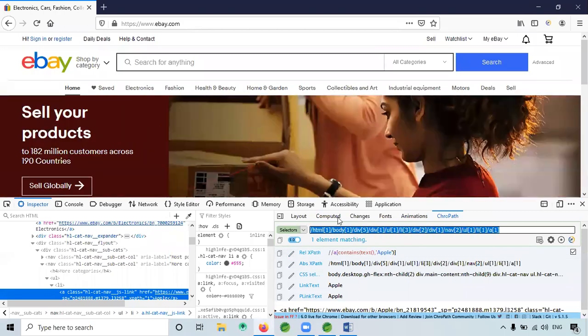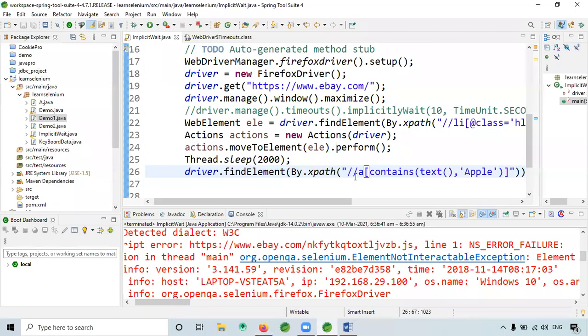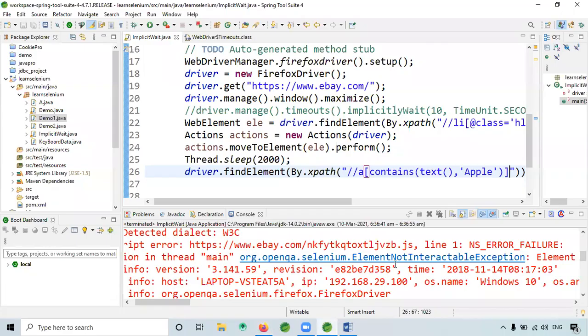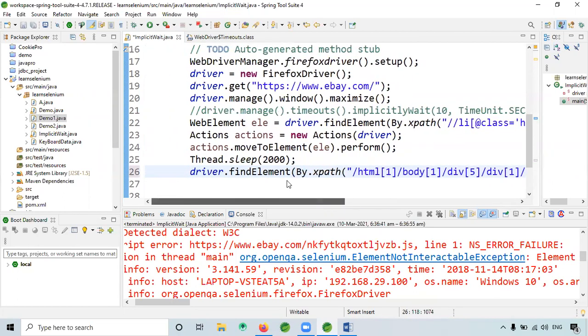Okay. It is choosing. Okay, now let's see.